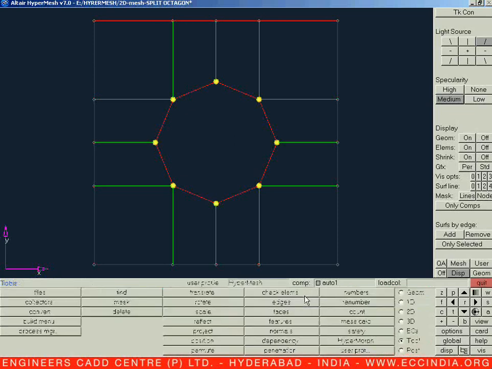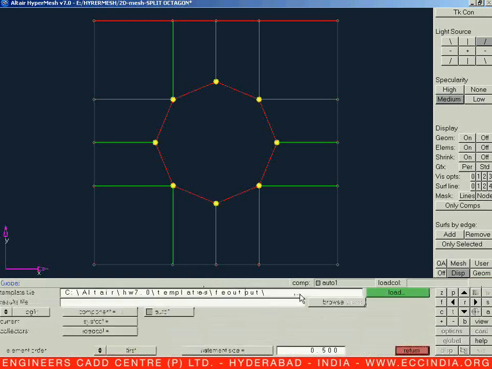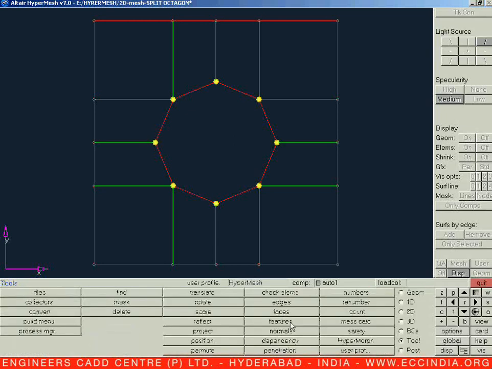So whenever we are having this particular kind of situation, now let us set our quality index, and our quality index we are going to set for global. So let us set our global. I need along that particular 2 length 4 elements. That means 2 divided by 4. So 2 is our minimum length of our geometry, 4 is our requirement of our elements. So let us divide 2 by 4. The ratio goes 0.5. So let us enter 0.5 in front of your element size. Let us click outside and just come out of that one.